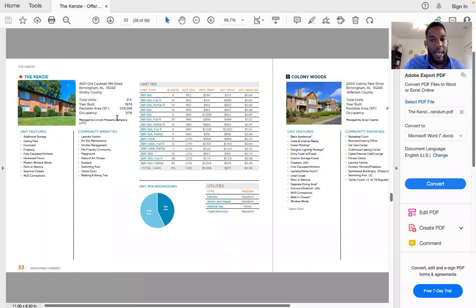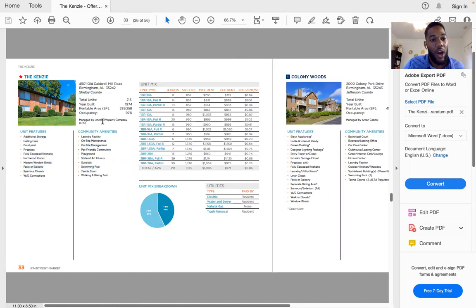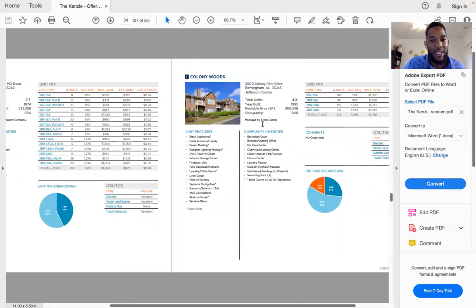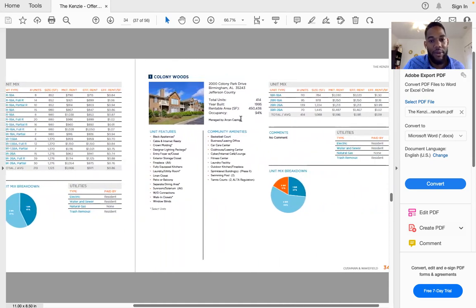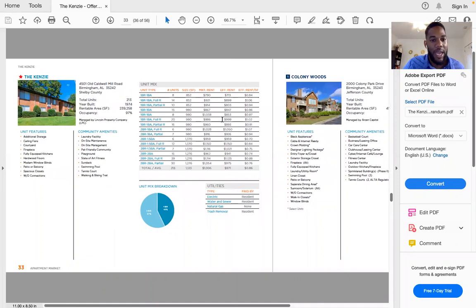These are just the breakdowns. And Charles usually likes to say, in these OMs, they usually have the property management company listed here. So for folks that are looking at a new market, this may be a good way to start building a list of property management companies to call, right? Especially if you're seeing a common management company managing a lot of the properties. So just for example, what if we had Arkin Capital, and that name kept popping up? That may be a good indication of maybe reaching out to them because they may know a lot about the market and have experience, right?